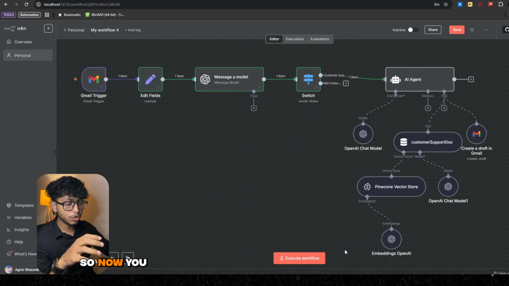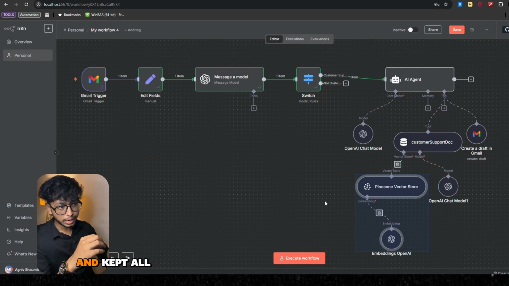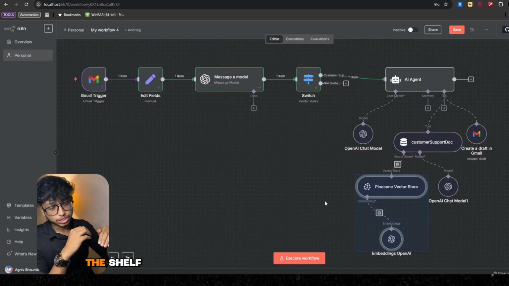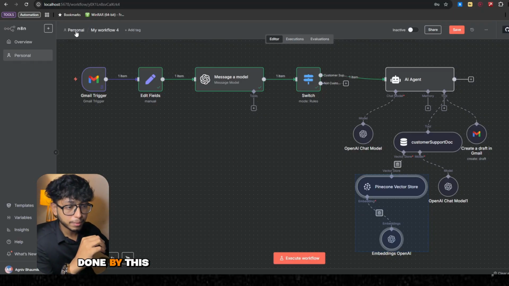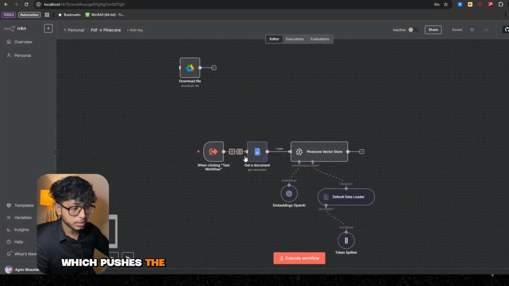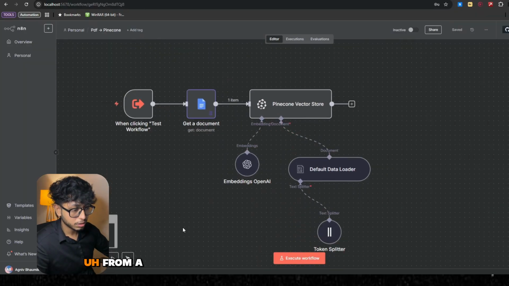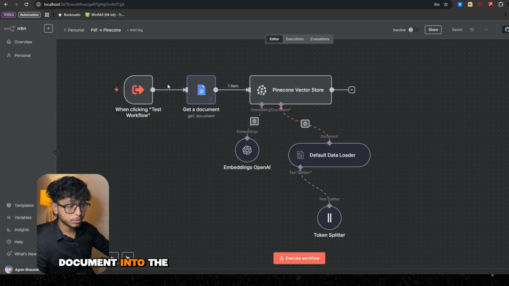Perfect. Now you must be thinking, where did we push the file in the first place? Like, came inside the room and kept all the documents in the shelf. So this is done by a particular agent which pushes the data from the PDF, in this case from a document, into the Pinecone Vector store. Whenever we click on test workflow, it takes the document and it pushes it into the Pinecone Vector store, and